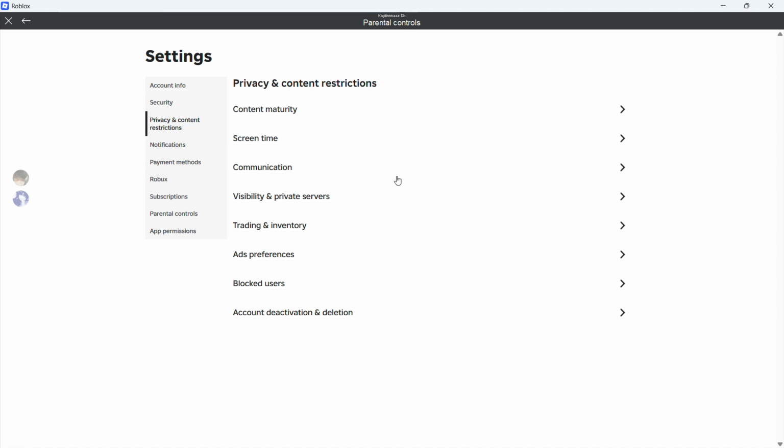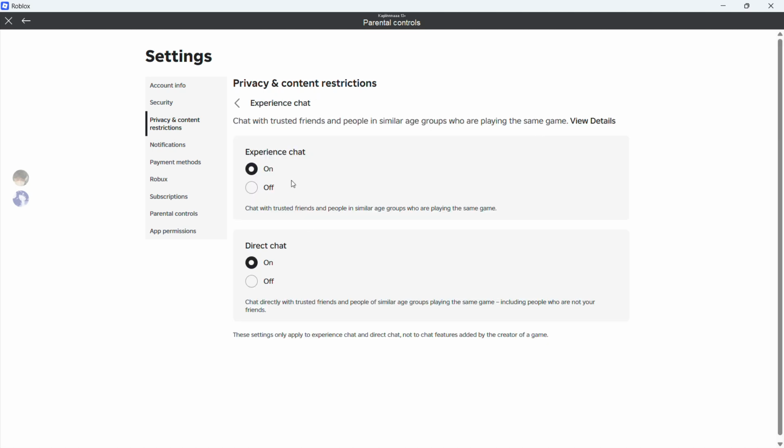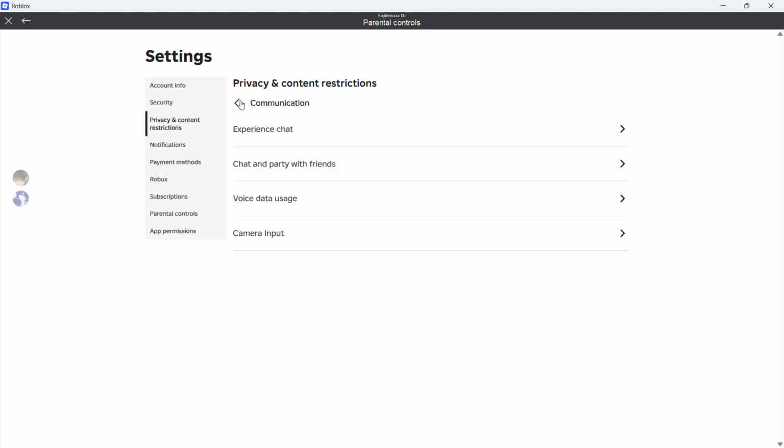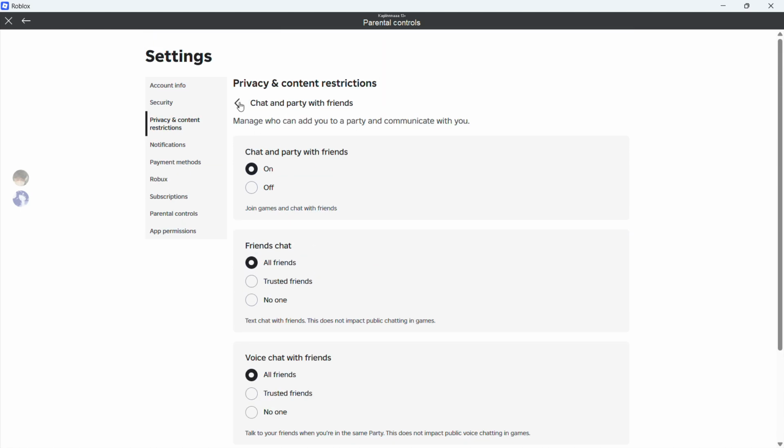Now you can go to communication, experience chat. If there's no option for rephrase message, you can go to privacy and content restriction, and still